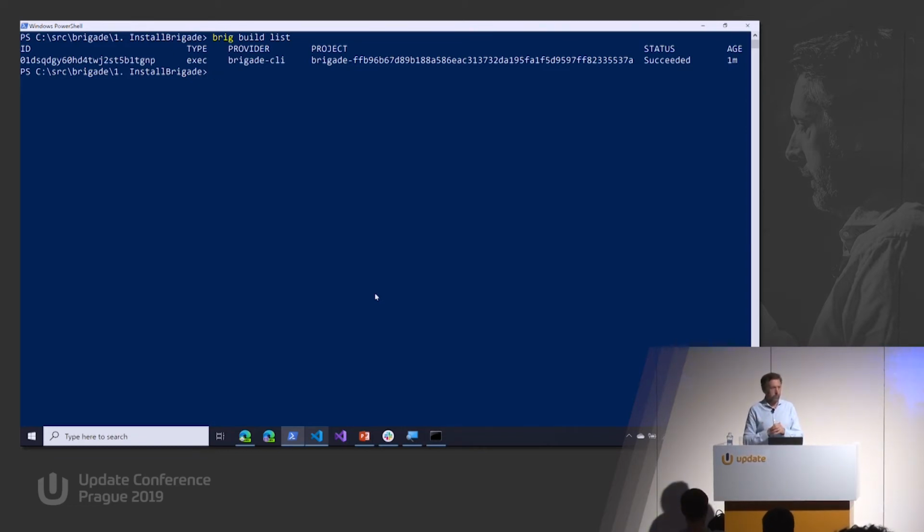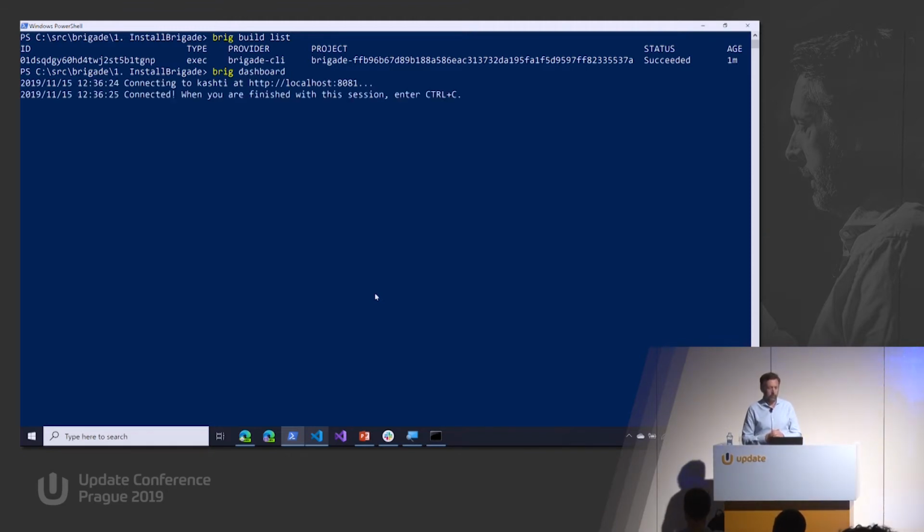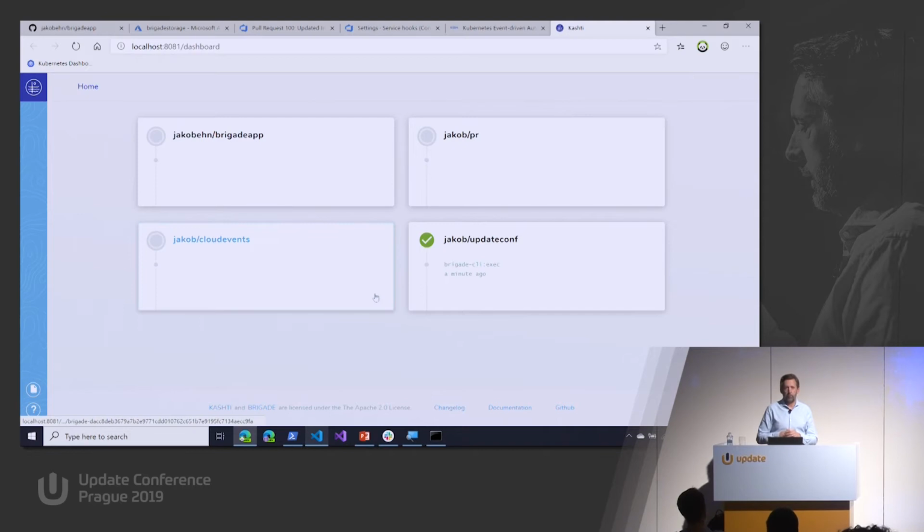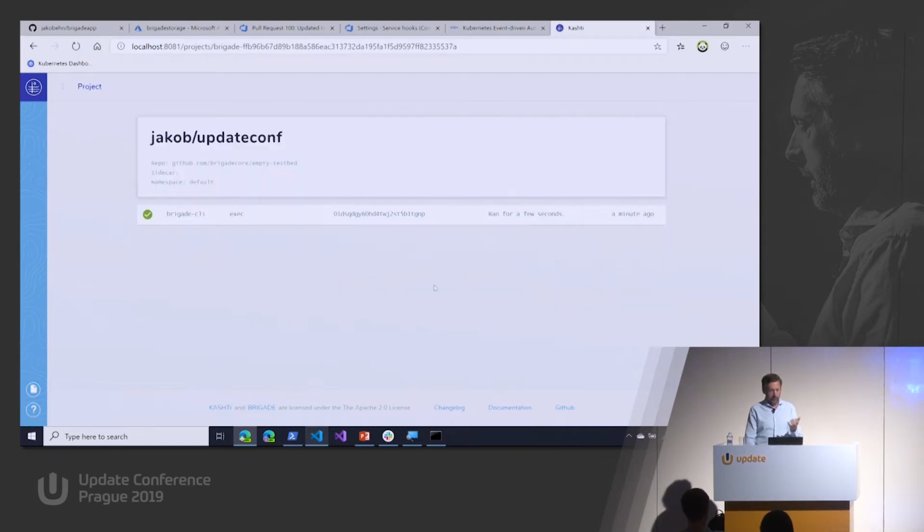There are also two UIs available that come with Brigade. One of them is a web UI. If I type brig dashboard, it's going to open a dashboard, so I can show the status of my projects and look at running builds and so on. You can see now these are the 4 projects. Only one of them actually has something executed, which is the one I ran. Now I can drill down into this and see that I triggered this using the Brigade CLI, the exec